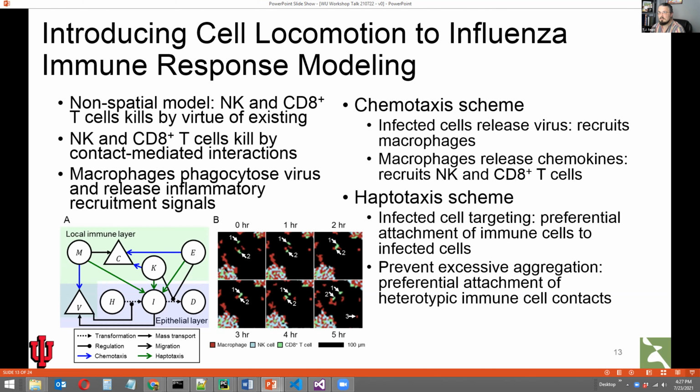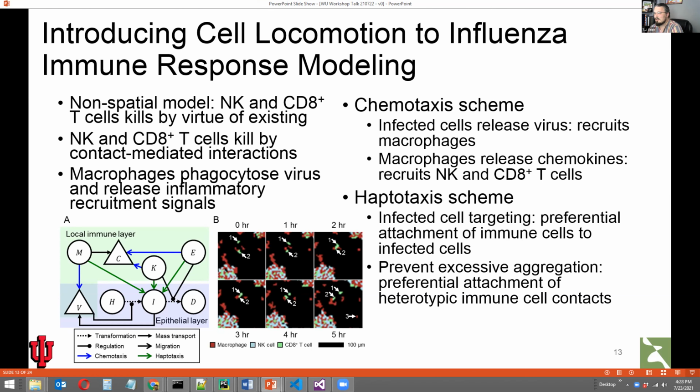However, when you actually go to consider contact-mediated interactions in a spatially explicit model, it then becomes necessary to start asking questions like, well, how do those contact-mediated interactions actually occur? And not in the sense of a biomolecular context, but more in the obvious sense of if two cells have to be in contact for an interaction to occur, then what all happens to bring them in contact?